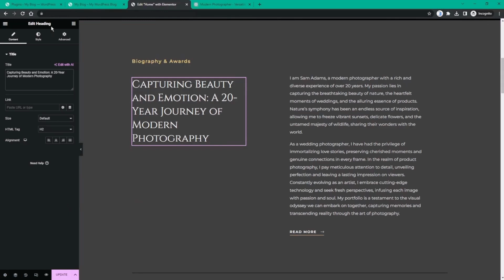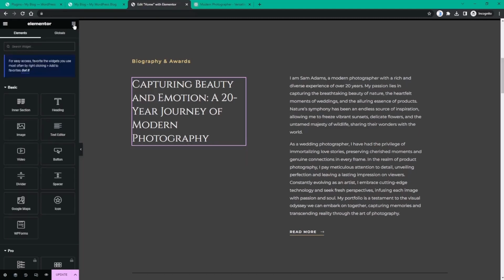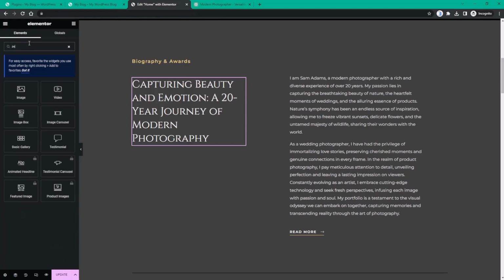On the left-hand side, at the top right, we click this icon over here. Oh, I'm sorry for the sound. And this brings us to all of the elements that we have access to in Elementor. And I want to put an image. So the image is right here, but I can also search for a widget. I can start typing image. There's image, there's an image box, image carousel, a basic gallery. So I want a simple image. So I'm going to click it